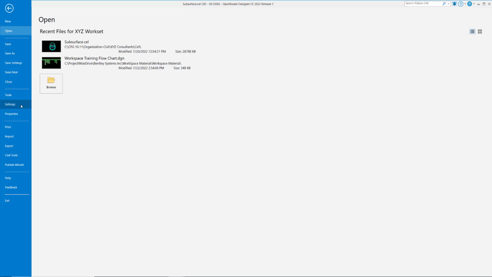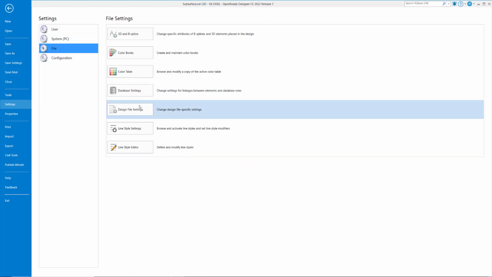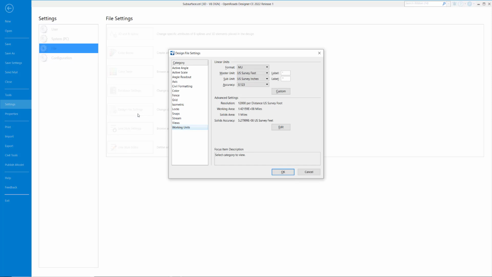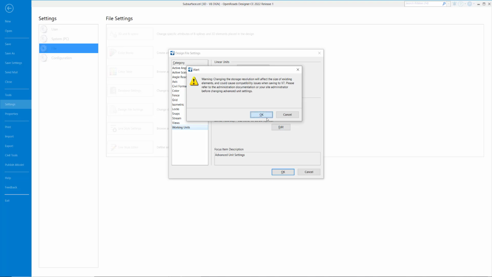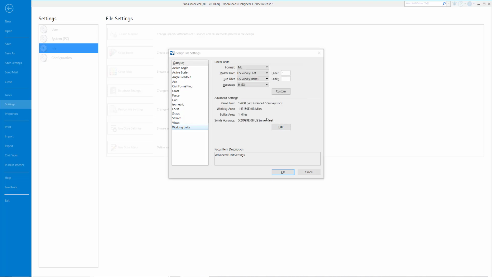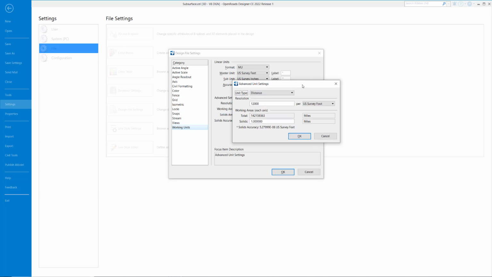We'll go to the backstage, go to Settings, File, Design File Settings, and then under Working Units we'll just click Edit here, and it warns us that if we change the resolution, it'll affect the size of the elements drawn into the model. Knowing that, we'll go ahead and change this to 10,000 and the solids area to 10. Click OK,